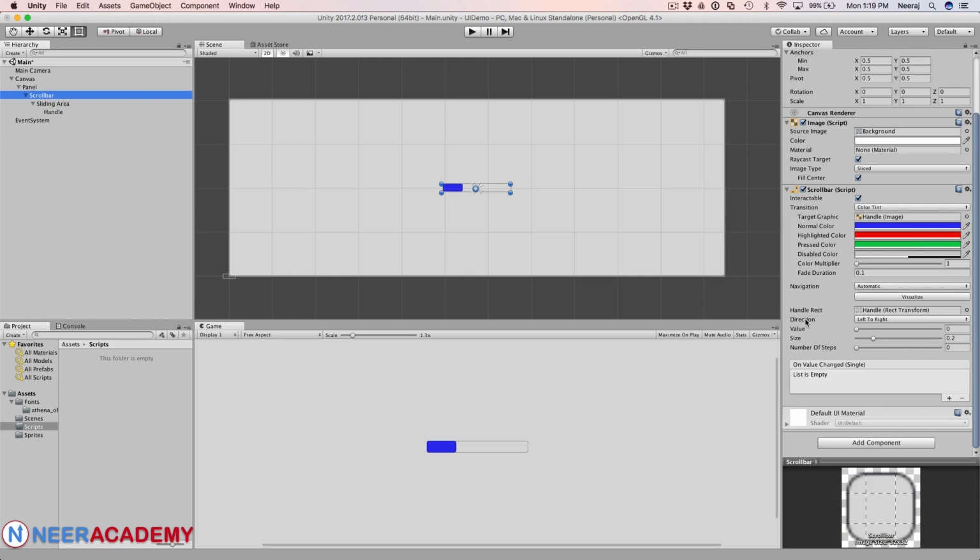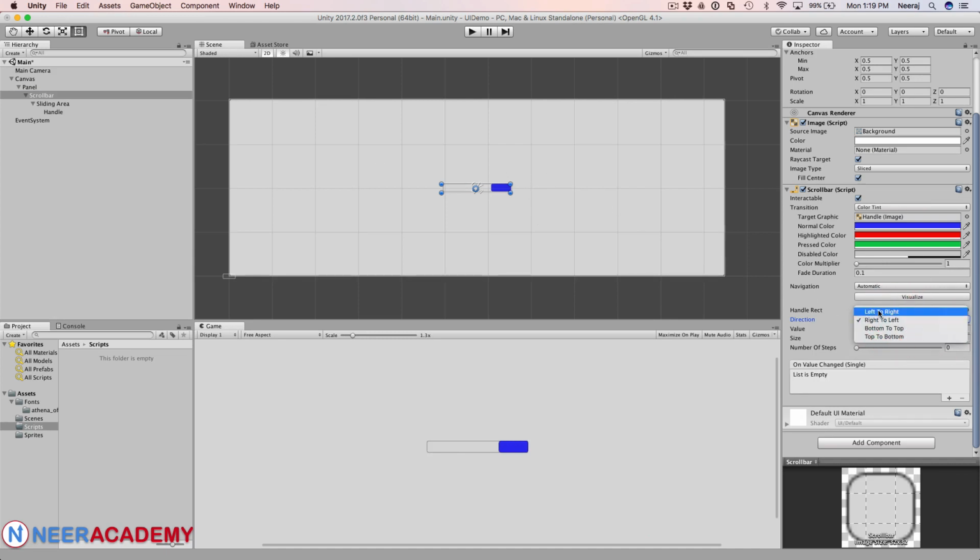Now the direction, you can have four options, basically horizontal and vertical scroll bars, and then whether it can be left to right, right to left, or bottom to top and top to bottom. So these two refer to horizontal scroll bars, while these two refer to vertical scroll bars. So when you are having a scroll bar and you want left to right, you can choose this one. If you choose right to left, the 0 starts from the right,